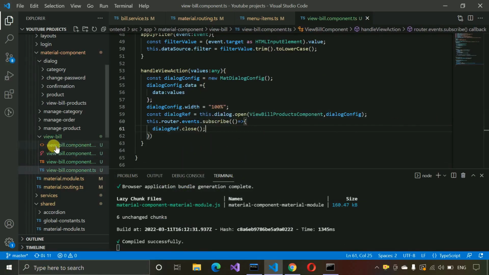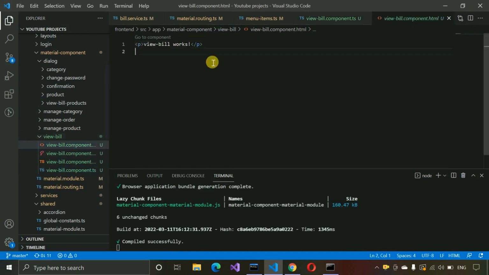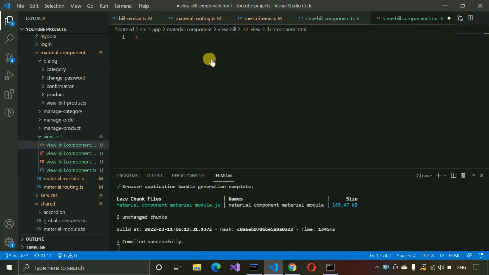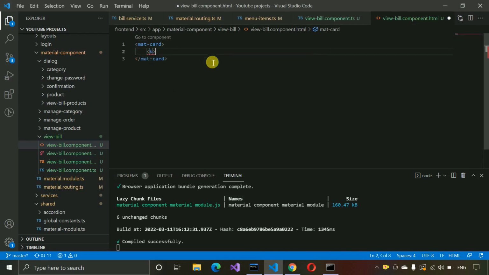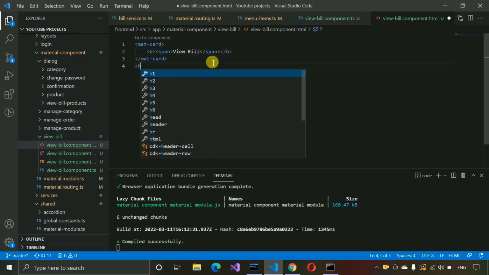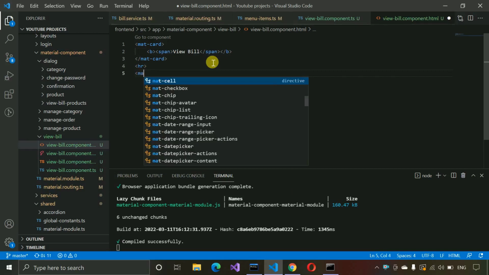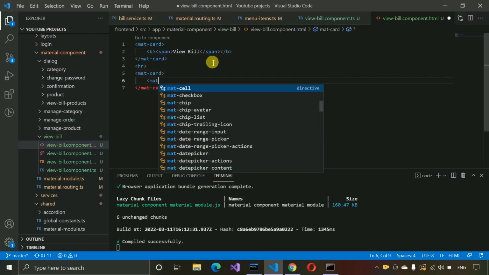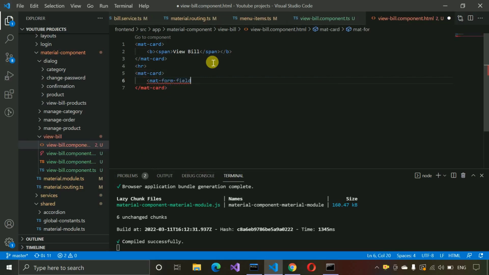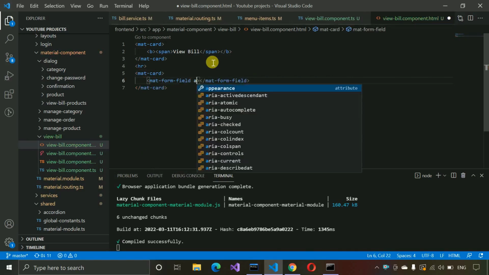After that we are going to move to the view.html part of this page, and we are going to write mat-card. In this mat-card we are going to make it bold and span, and here we are going to write only "View Bill". After that we need to write hr, and then we are going to create a mat-card. Inside this we are going to write mat-form-field, this one, and the appearance will be fill,